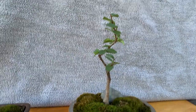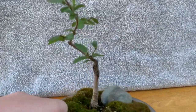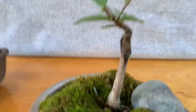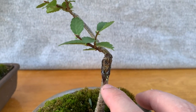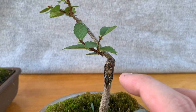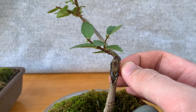And I had to repot it immediately, and I tried to clean up that wound as best as possible, and you can see it growing and healing back. But what's most exciting are these buds back here. So theoretically, what I can do is, if I can get this growing out and healthy, I can just cut this part off, have a very minimal scar,